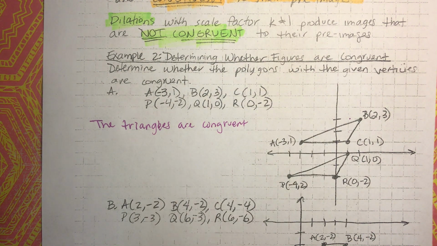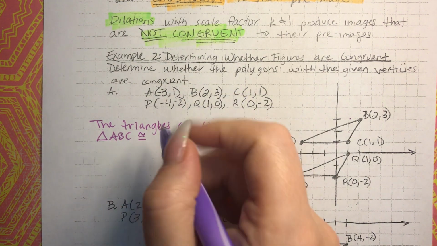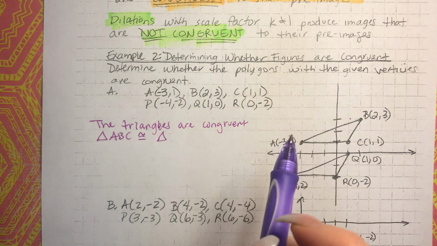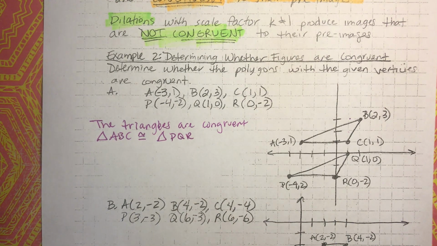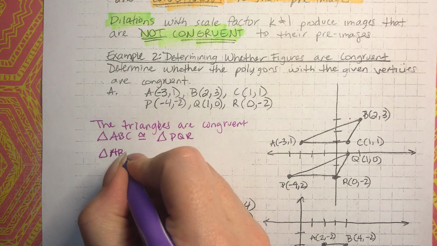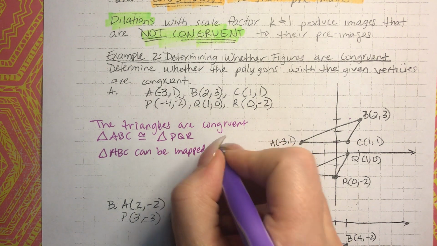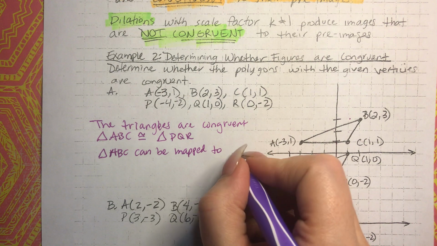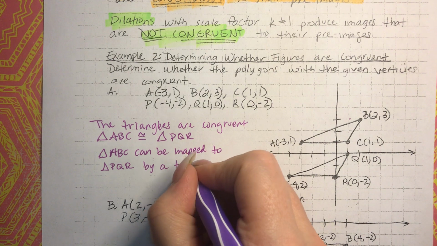So you could say that like this. You could say triangle ABC is congruent to triangle PQR. Okay, now we just need to state why. These are congruent because triangle ABC can be mapped to triangle PQR by a translation,